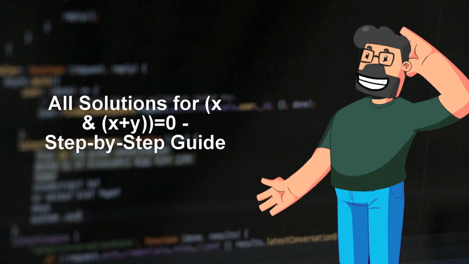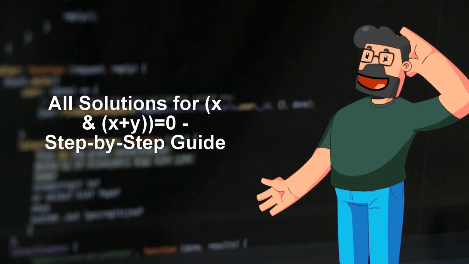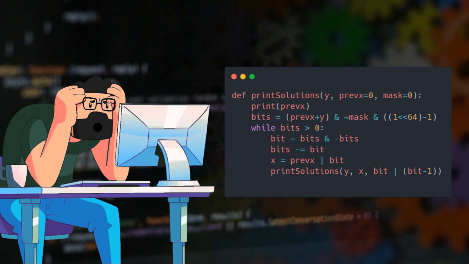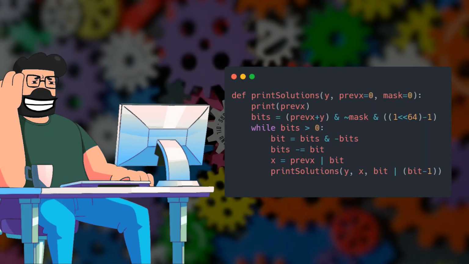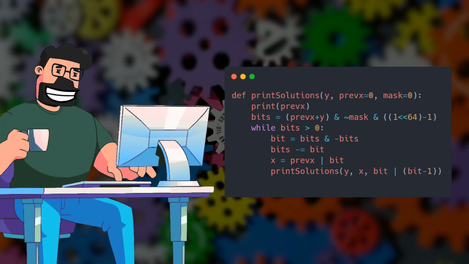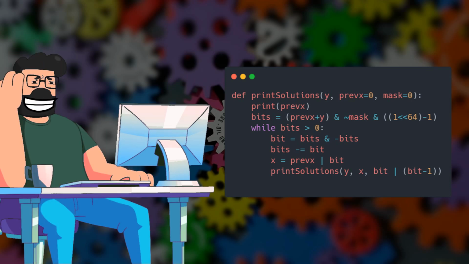The problem at hand deals with finding all possible values of x that satisfy a specific bitwise condition when combined with another integer y. Now, let's delve into the solution for this intricate problem. The provided solution offers an efficient approach to identifying all valid x values by creating a tree structure of 64-bit integers. By considering each integer as a node within this tree, solutions correspond to a subtree rooted at 0, allowing